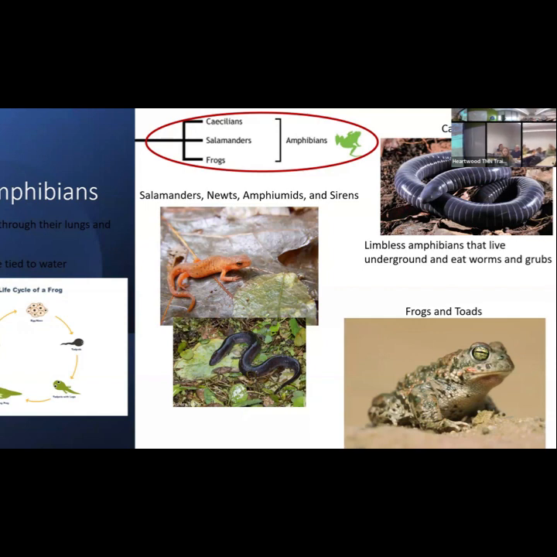This is the general life cycle of a frog. They start out, they are tied to water. So the frogs and toads have to have a little puddle, a pond, a stream, something to put their eggs in, because if you remember the amniotes, they had amniotic fluid, but these guys don't have a shell. So they're just open, exposed to the environment. So they have to be in water. Clean water is best. They hatch into a tadpole. And then you have a little tadpole with legs, a froglet, and the adult, and the cycle repeats itself.